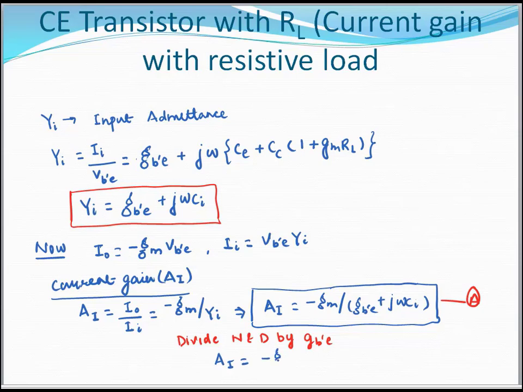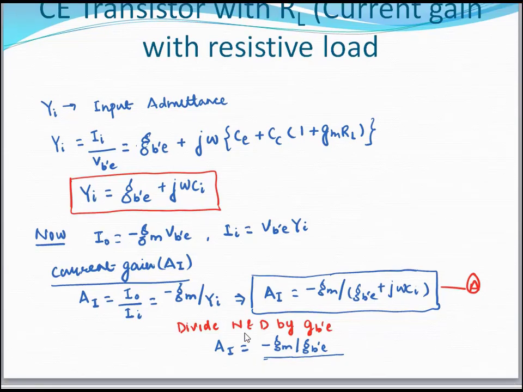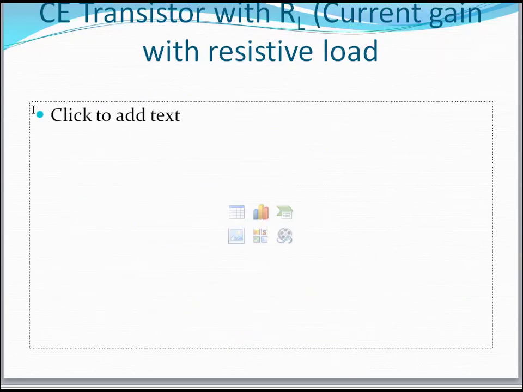minus of gm by gb'e by 1 plus j omega Ci by gb'e, and the ratio of gm by gb'e is equal to hfe. So we can write here